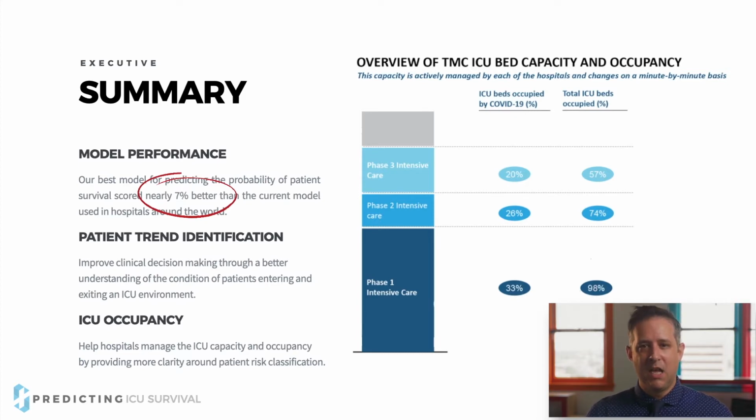And finally, if you look at the chart on the right, those are the capacity and occupancy numbers for ICUs in Houston right now. Like a previous group mentioned, covering all things COVID, in situations of 98% capacity, this work would give clarity on patient risk factors and manage patient movement for care. Now, Shay is going to go through the data.